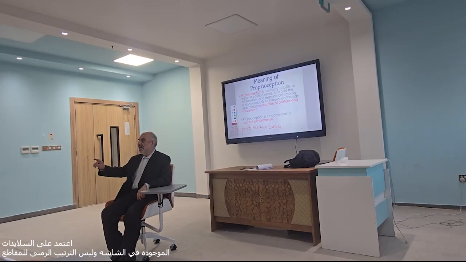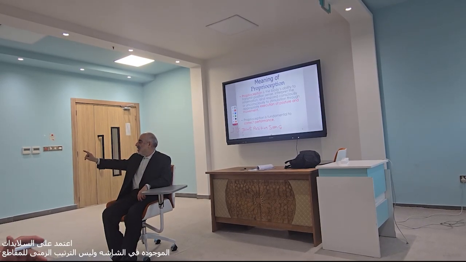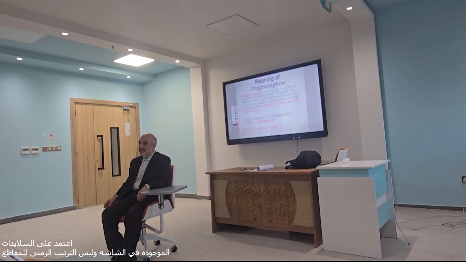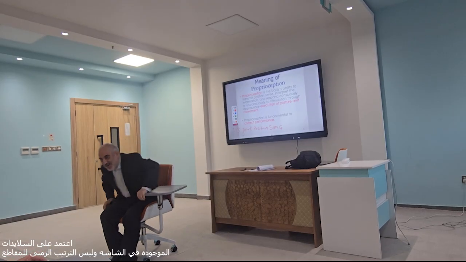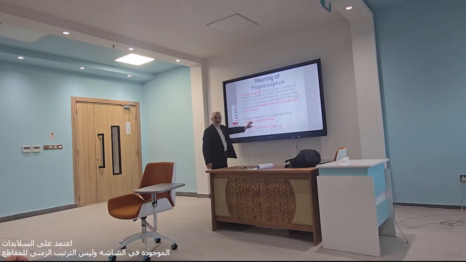So if there is any error in the system, the cerebellum can compensate, can correct. By your exercise, you educate the cerebellum in order to correct the errors in the movement. So by the spinal cerebellum, you correct the performance.